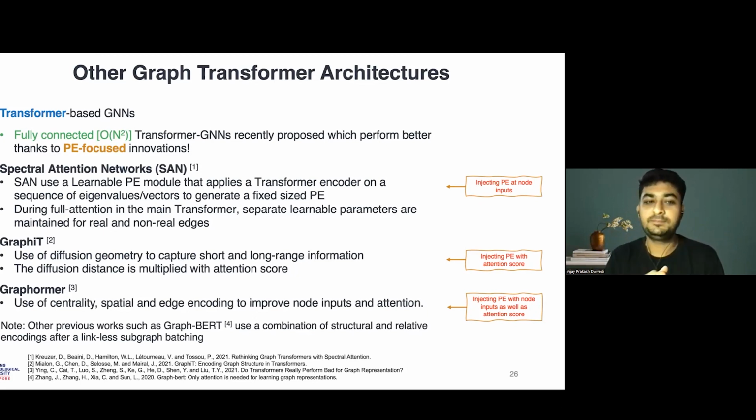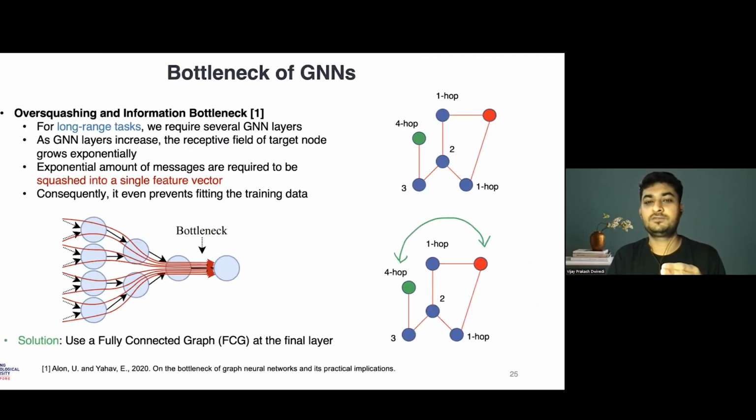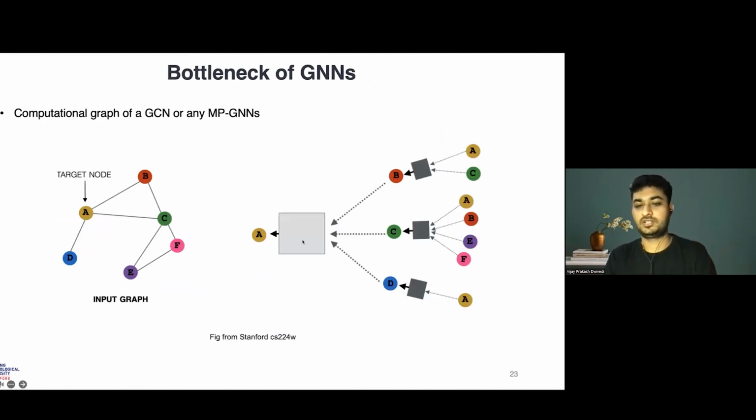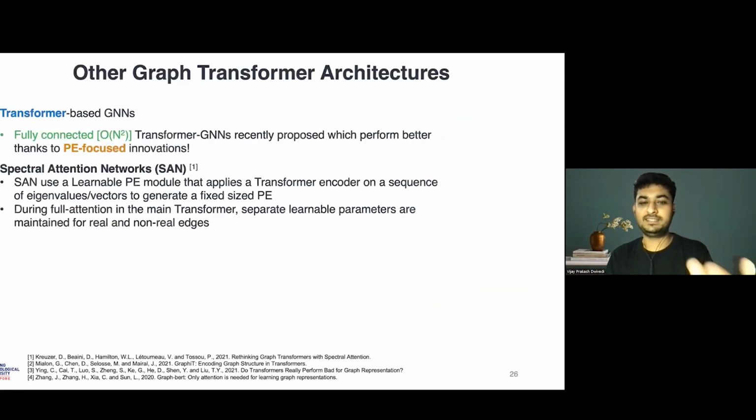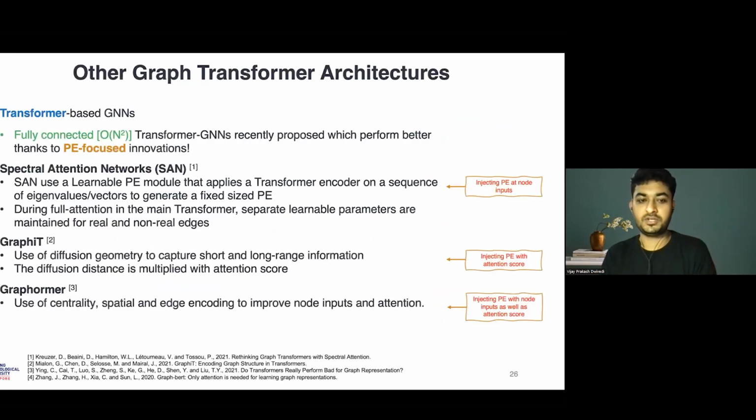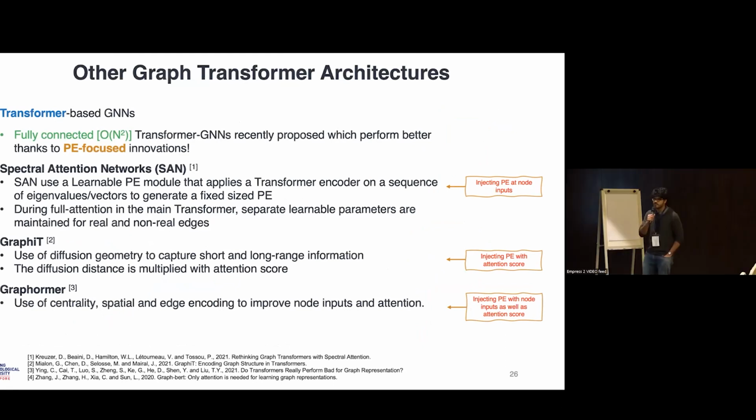So yes, this is being tried, exactly. And when we do a fully connected graph transformer, we remove this mask, and we solve these bottlenecks as well. These bottlenecks result because of the way the computational graph is based on the local graph structure. So when we remove this mask, as you mentioned, we let go of this computational graph based on the local structure, and we address these bottlenecks. But at the same time, when we want to incorporate the graph structure information, we must design some positional encoding which incorporates that into the network. Yeah. Got it. Thanks, Vijay.